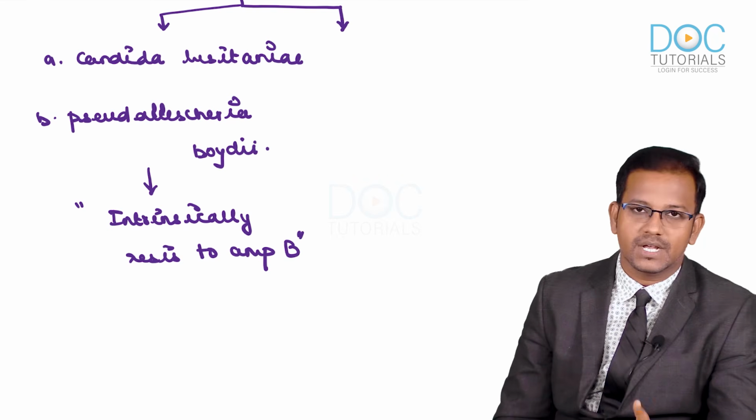Clear? One point. The next important point is, even though this drug is one of the broadest spectrum antifungal agents, we don't use it for dermatophyte infections. For dermatophytes, we commonly don't use amphotericin B. Why? Because it is effective against dermatophytes, but the concentration of amphotericin B which reaches the dermal layers, the skin, and also the nails, is very much lesser. If you administer it via the systemic or parenteral route, the concentration of drug reaching the dermatophyte area is going to be very minimal. So that's why it is not used right now for the treatment of dermatophytes.